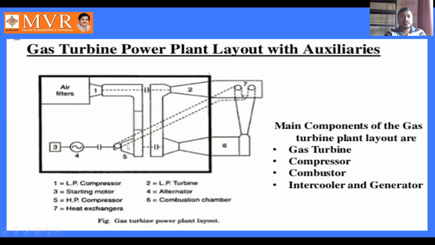In the high pressure compressor, again the air is raised to high pressure and high temperature, and it sends the air from the high pressure compressor to the heat exchanger, where the heat exchange takes place, and the remaining air is going to enter into the combustion chamber. Here the combustion is going to take place by using the fuel. When air and fuel mix, the combustion takes place here, and it enters into the high pressure turbine.